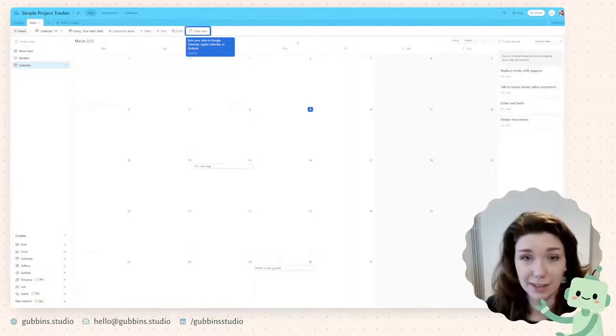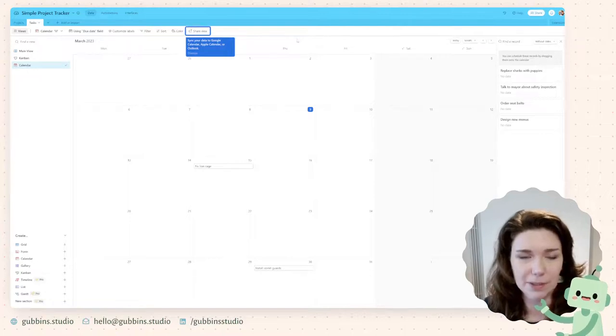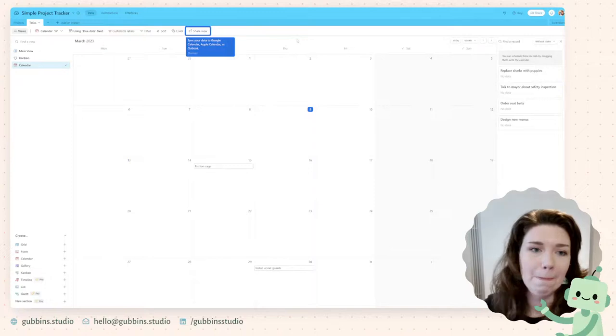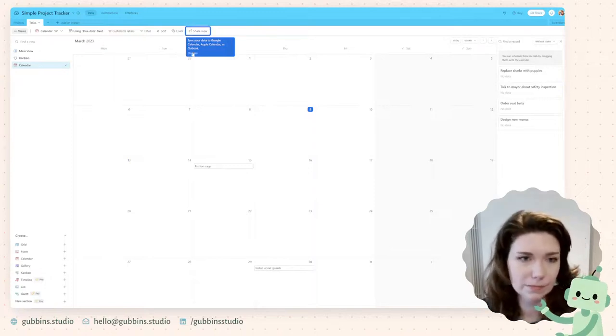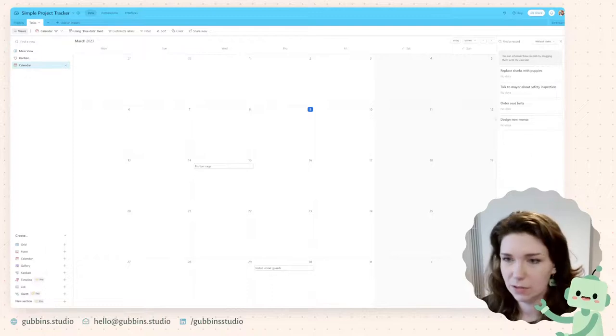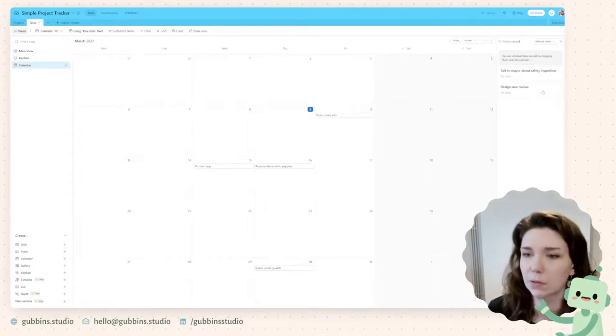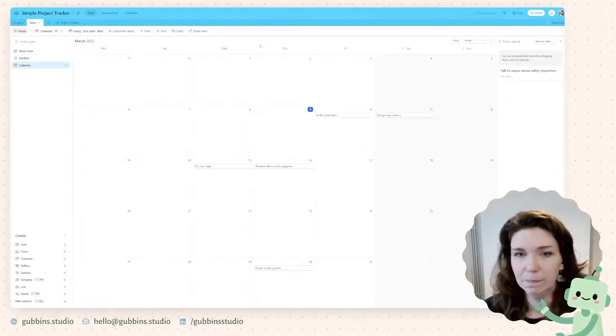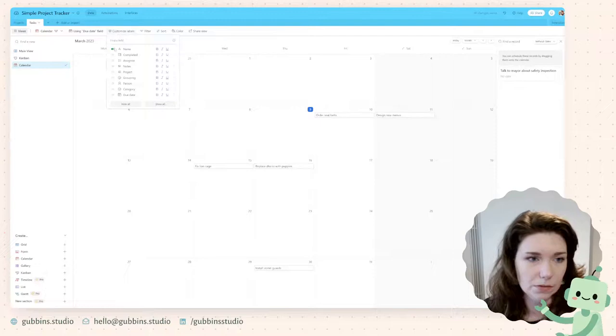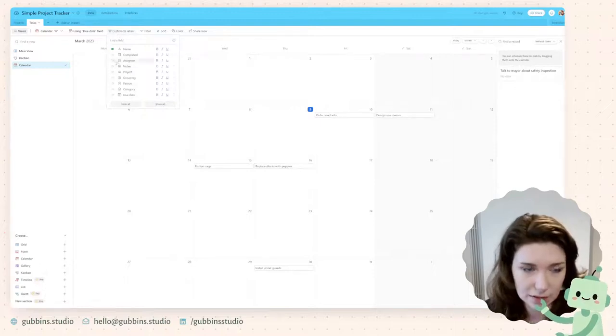Okay, I closed it very quickly, but being able to use date ranges is a premium feature. I don't know enough about that to talk about it. In this sense, you'd be able to drag and drop your different tasks on different days. So you're like, okay, tomorrow I'm going to order seat belts. If you wanted to view the type of task it is, you can do that here.